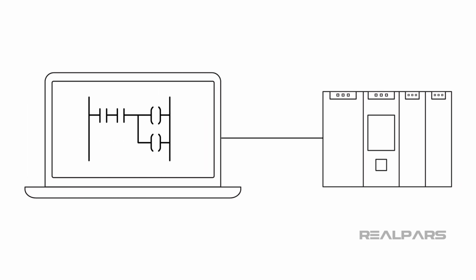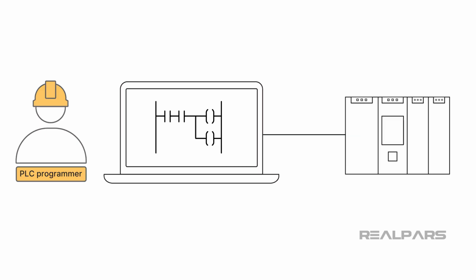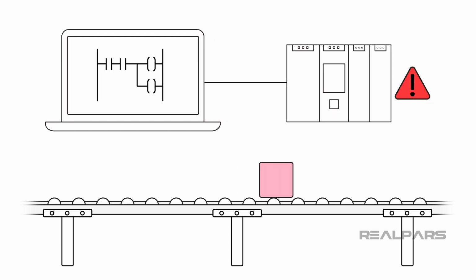In today's video, I will show you how to debug common problems that you will encounter while programming, testing, and commissioning PLCs. After programming PLCs, the ability to test and debug code is the most important skill that a PLC programmer can have. Before being used in a production environment, all of your code has to be thoroughly tested to verify that it does what it's supposed to do in normal and abnormal situations, like when a device fails.